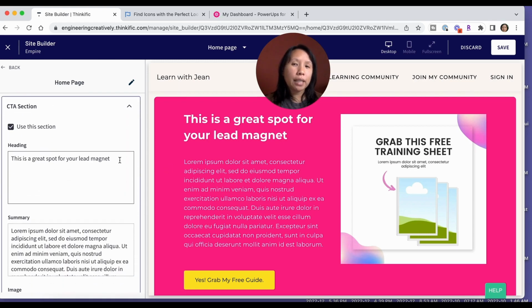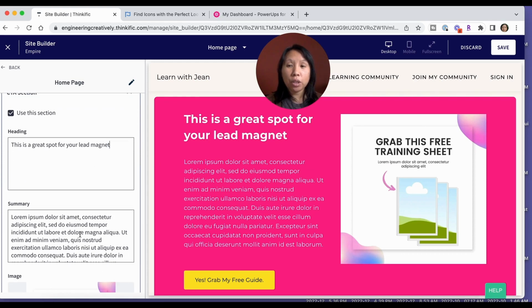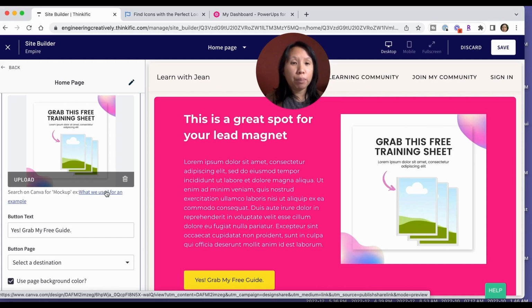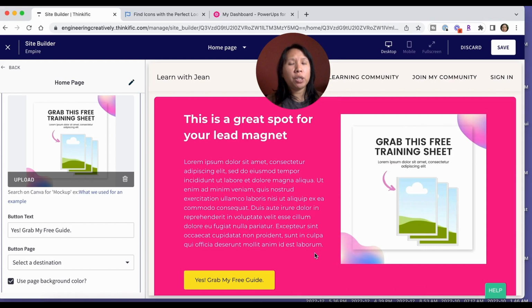So it's set up to say this. If you want to do it for a lead magnet, this is the heading, and then you can just change the text. And then here they give you a guideline for the images so that you can use a mock-up and sample from the template to build it. You have the text here about what your lead magnet is about, your ultimate guide to instructional design from Jean, and then here I could have a picture of the instructional design course contents,